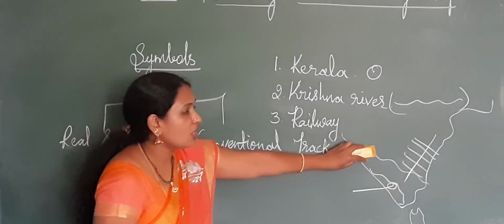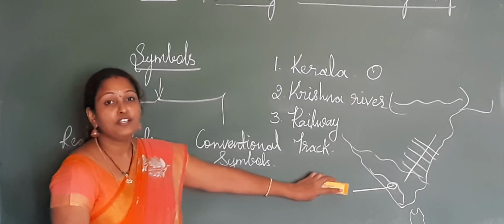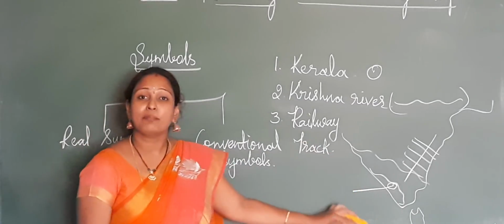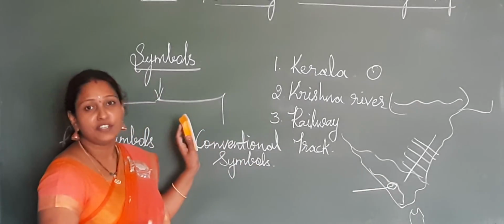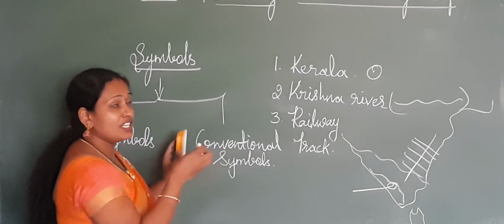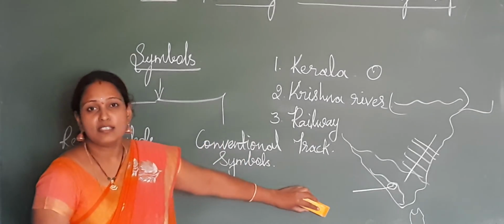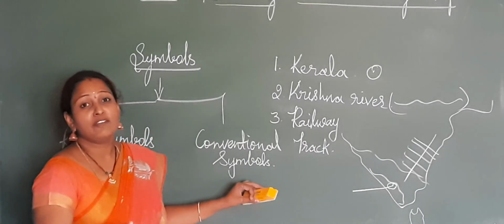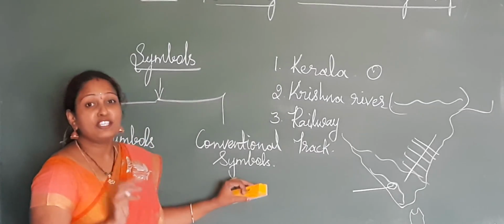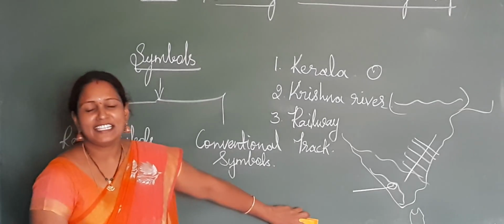So by using all this, scale, direction, symbols, everything, you can draw a map or point on a map, or you can read the map easily. Right? Maps will be of different kinds. Especially weather maps, all the maps you can read by using these symbols. That's all, children. And if you want to learn more about symbols, have a look at page number 3 and page number 5 in your workbook. Just work it out. Stay healthy, stay safe.